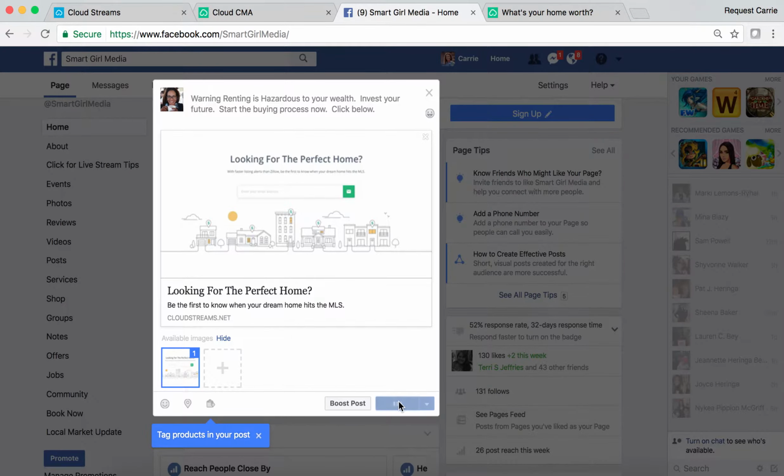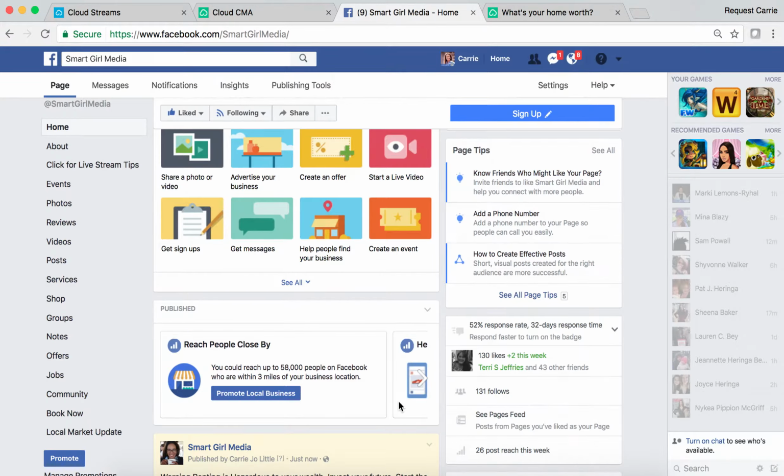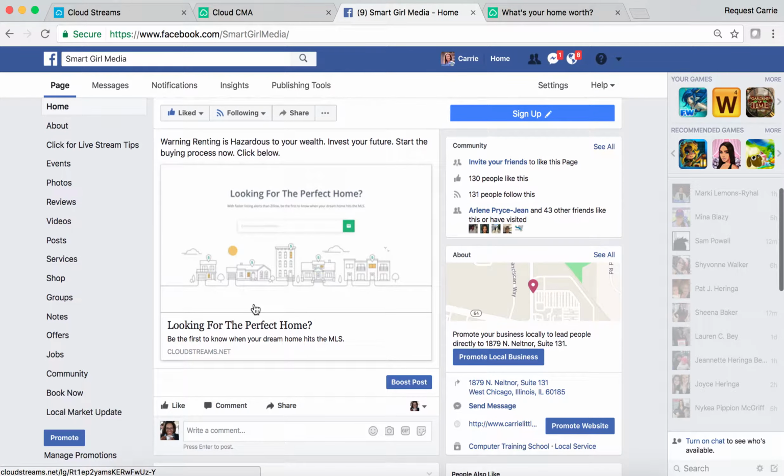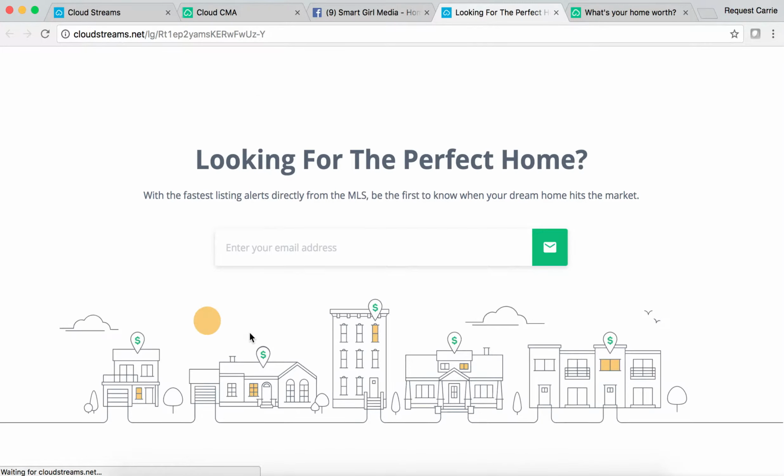And the same thing happens with the Cloud Streams page. When the consumer clicks, it takes them to your landing page looking for the perfect home with the fastest listing alerts directly from the MLS. So basically when the consumer puts in their email address here,